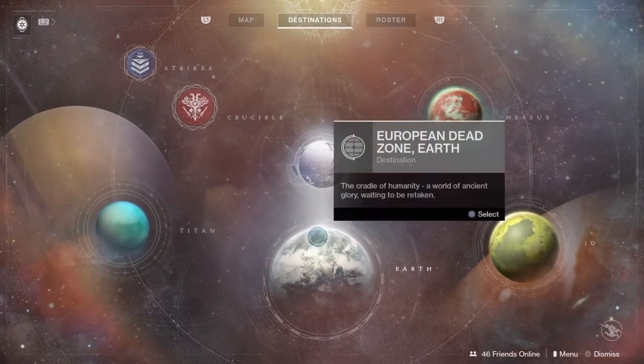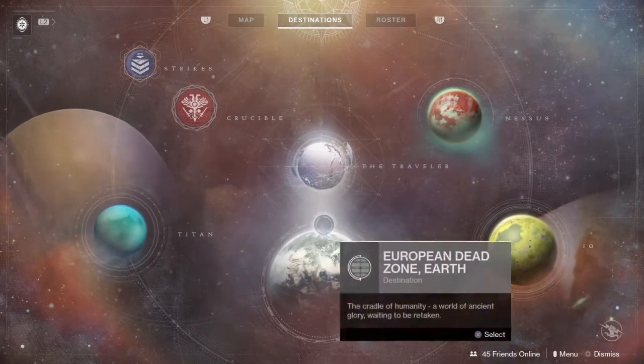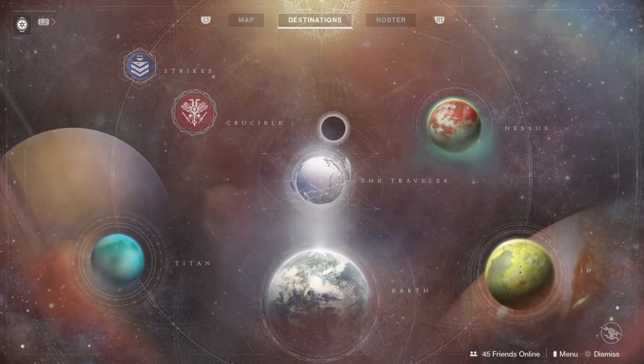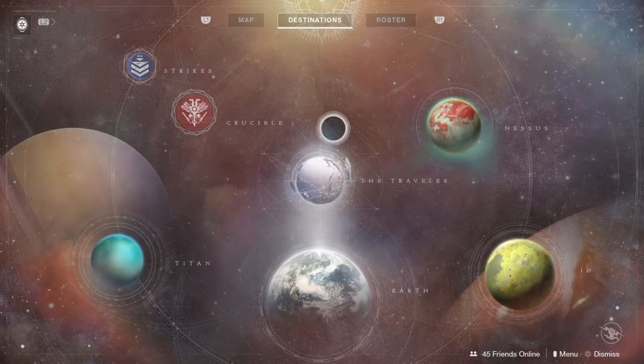Okay, so after you leveled up and done every single story mission on every planet, and you've ranked up on every planet, by the time you hit the last story mission and you complete it, you should go back to each planet and claim that package on each faction,